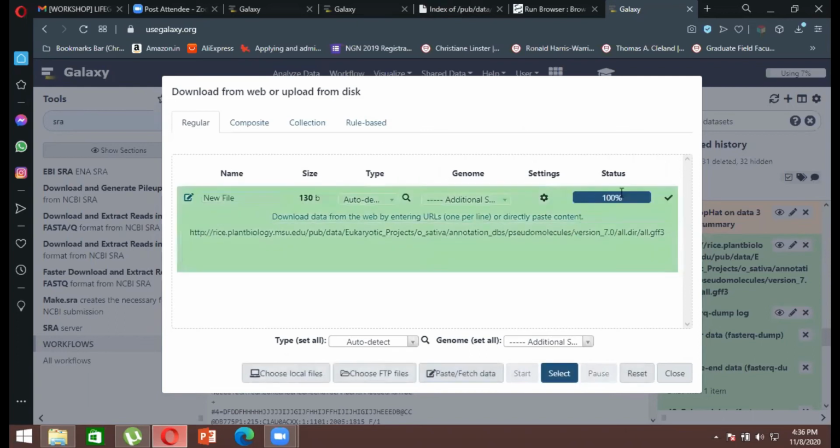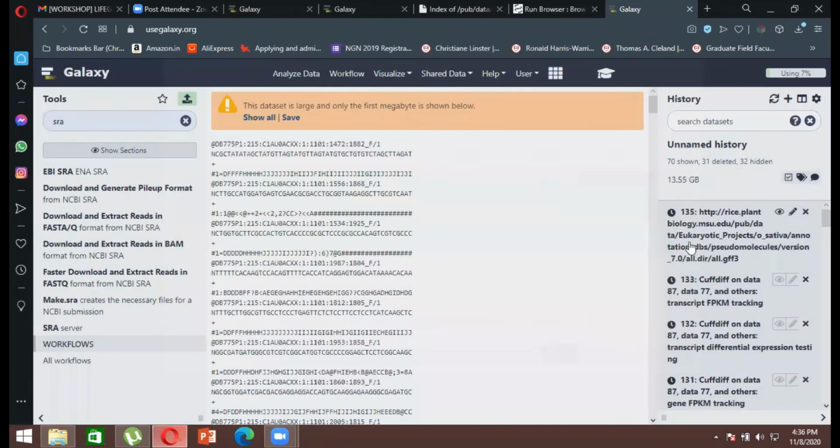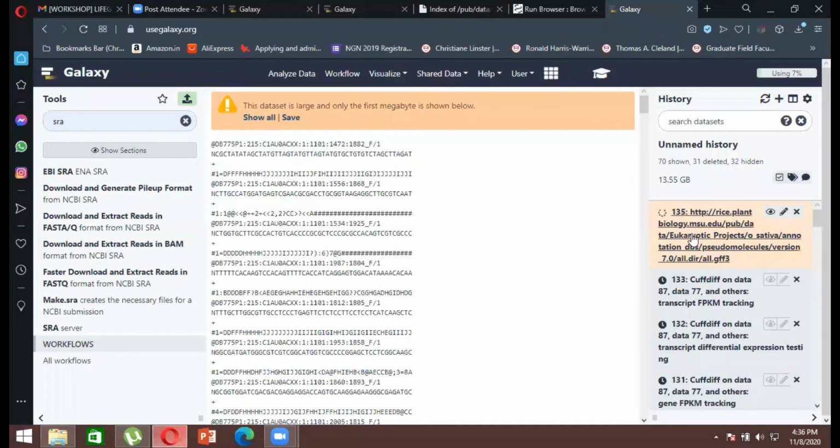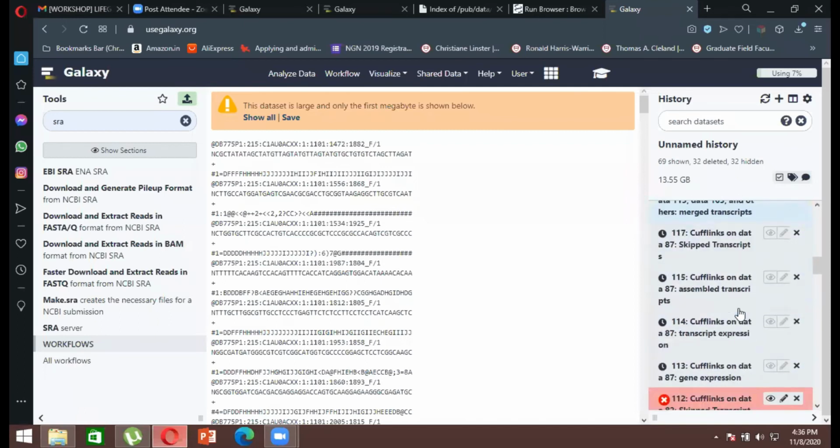So what it does is add it to your history. Now that it has added your file, just close this, and you can see it will take some amount of time to annotate the data depending upon your network connectivity. So it is annotating now. What I'll do is, I have already saved this file, so I'll just cancel it out right now because it will take a large amount of time. I'll just close this one. And then I'll just show you where the file is.